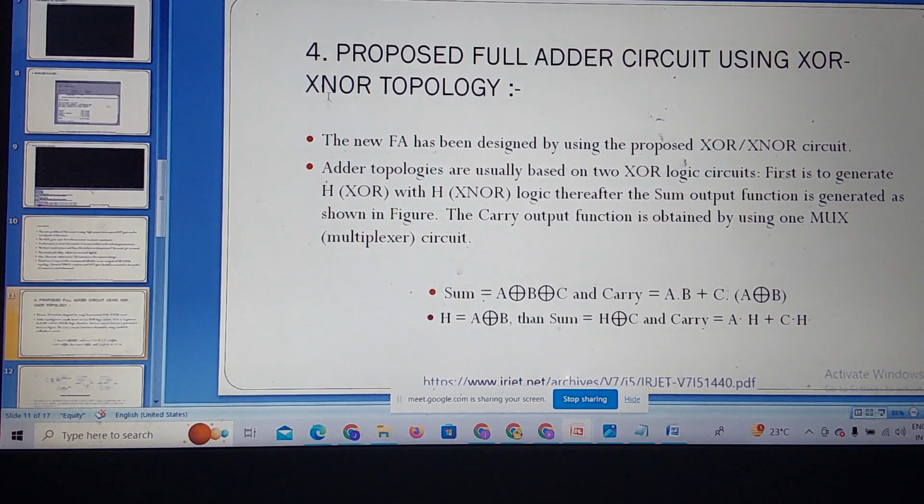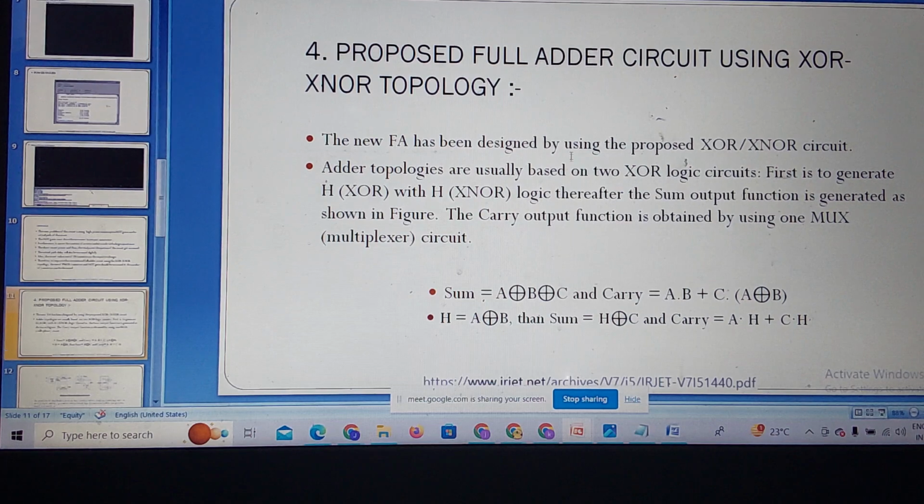The next PPT goes on to the proposed full adder. In the proposed full adder, we design the circuit with fewer transistors, using 9 transistors in this circuit. We use the XNOR